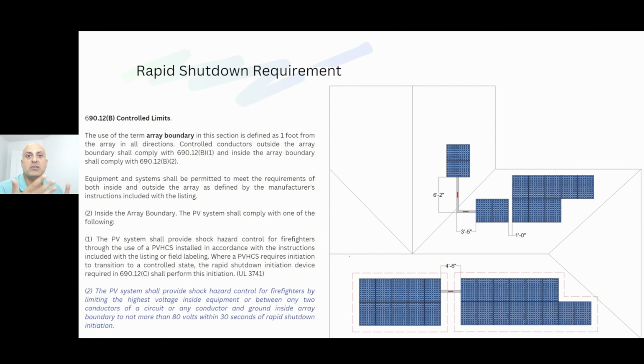So more electronics on the roof in this harsh environment means that the rate of failure is going to be greater. So that's what the PV hazard control is. It's just like limit the amount of electronics that I can install on the roof, as long as I can follow what the manufacturer requirements are. And if you want to know a little bit more, you're always free to reach out to me